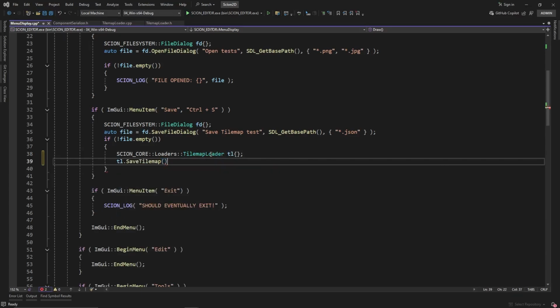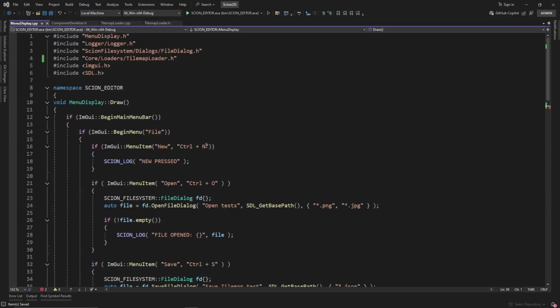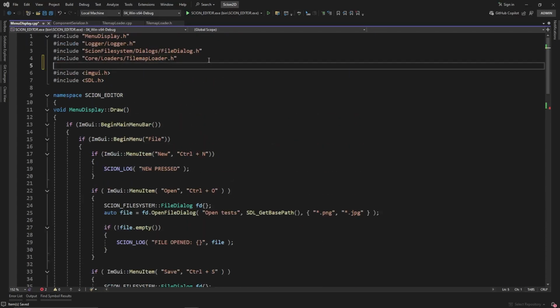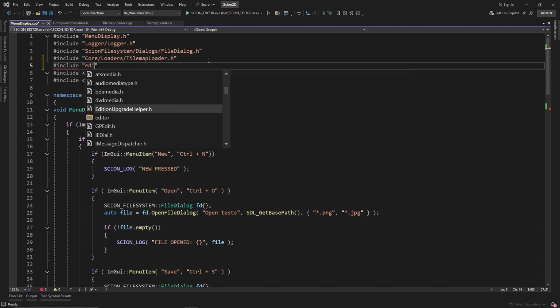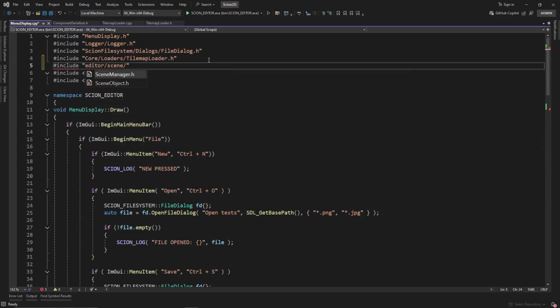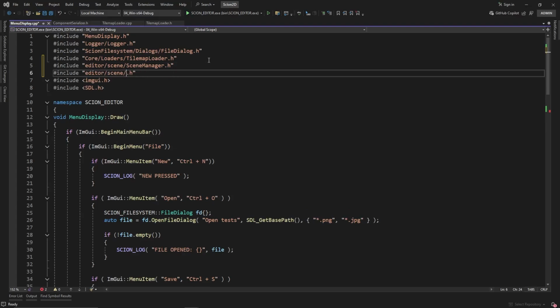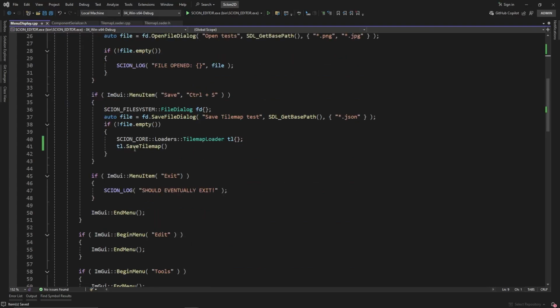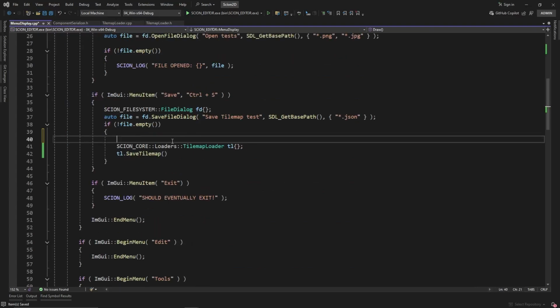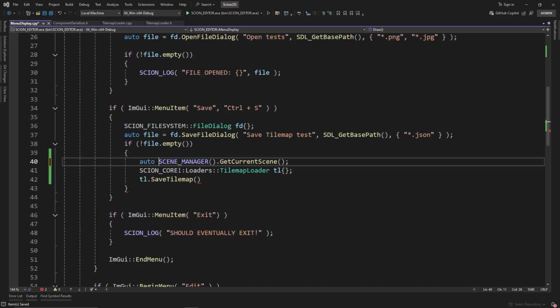So we need the registry. So what registry do we need? What we're going to need here is the current scene. So we need to go include editor, scene, scene manager, and scene object. And then we can come down here back to where we were and try to get the scene. So we can go scene manager, get current scene, and that's going to be a pointer. Let's make this bigger again. So we can go auto p current scene,